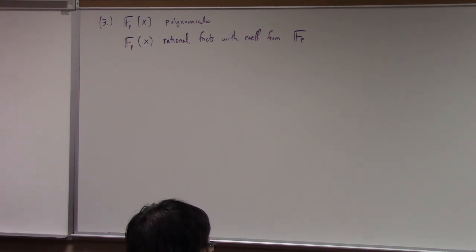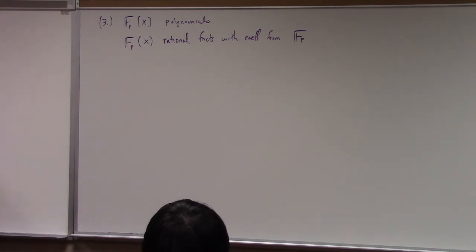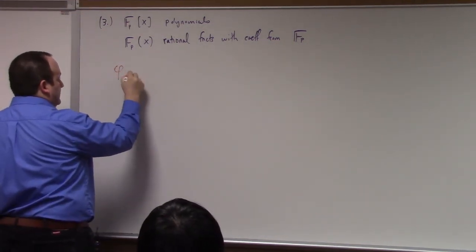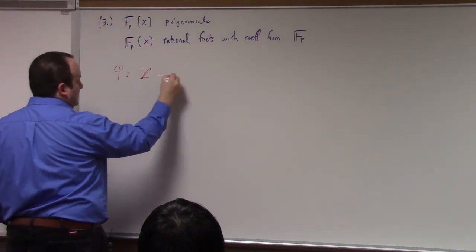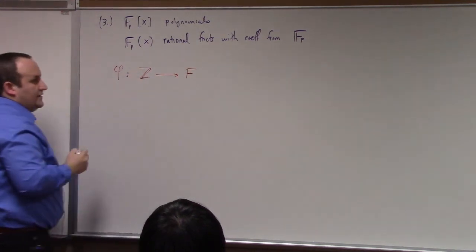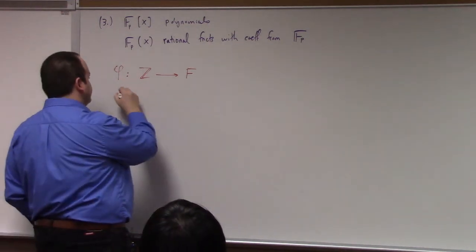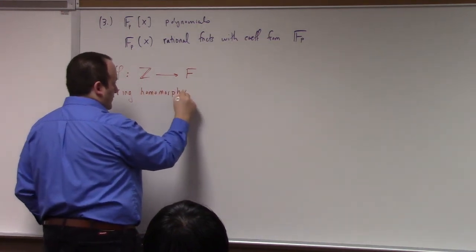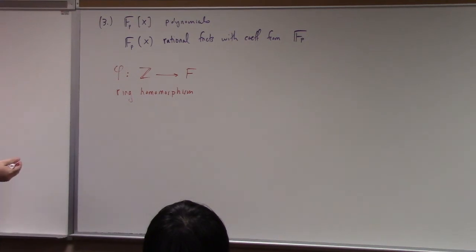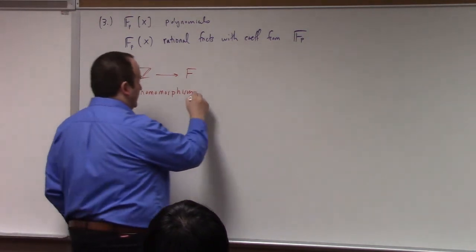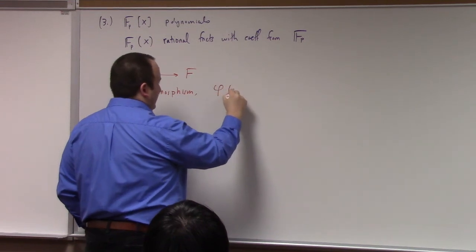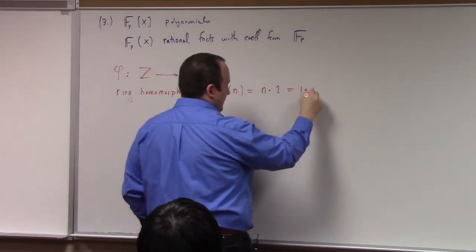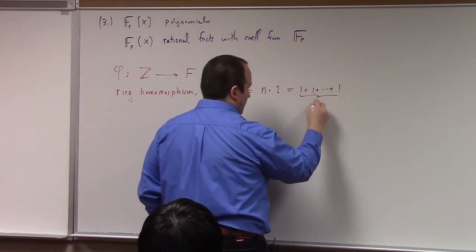You can look at this from another perspective, which I think is worthwhile. If we look at a homomorphism, there's a natural homomorphism here, phi from the integers to our field, and this is a ring homomorphism. How are we going to define it? We'll say phi of n is equal to n times 1, right? Now, this is 1 plus 1 plus and so on, plus 1, n times,